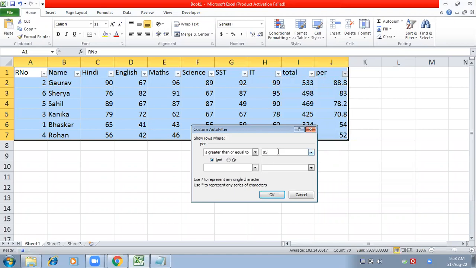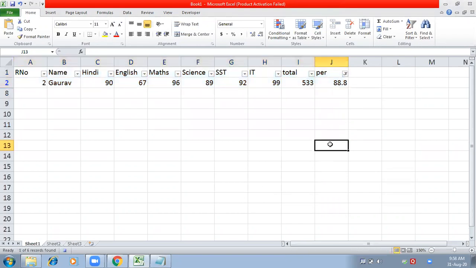So 85, and okay, so there is only one student. So now I'm going to stop the recorder because I have already done my recording of filtering. Stop the recorder.